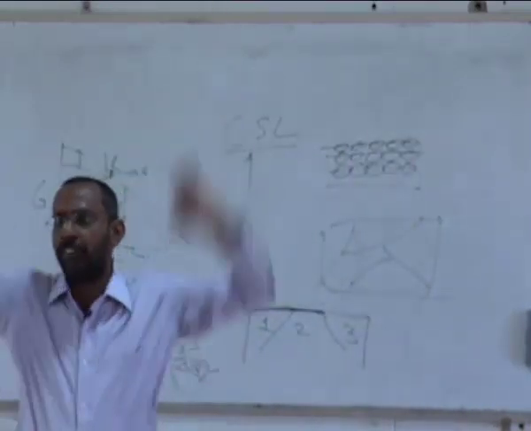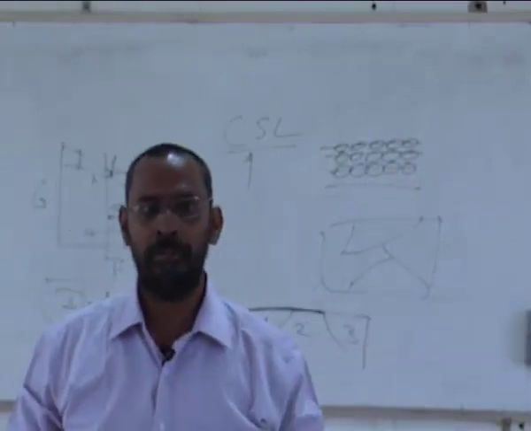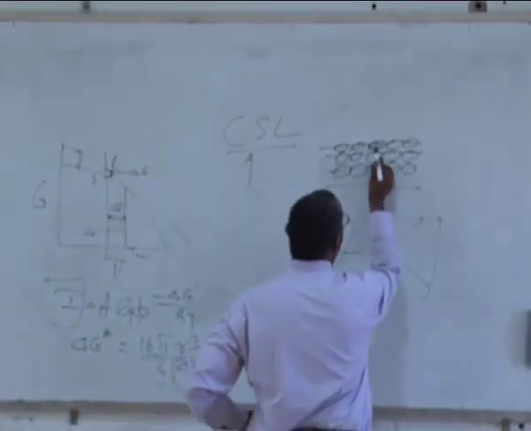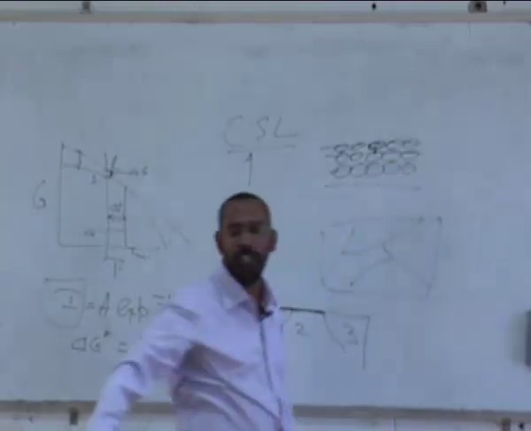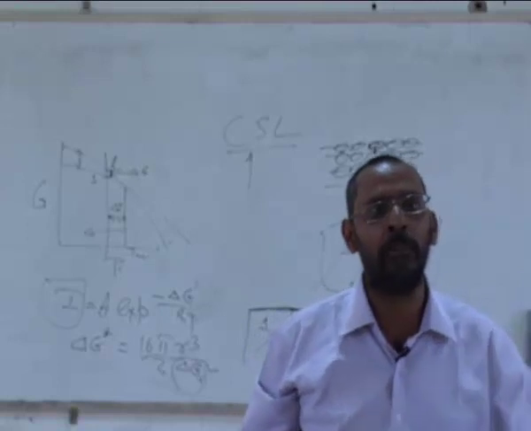Because it's the top surface, there are no atoms above it. That means it has certain broken bonds. Any atom on the surface here has bonds with this atom, but it does not have bonds with anything on top. Every atom in a unit cell has a certain coordination number.